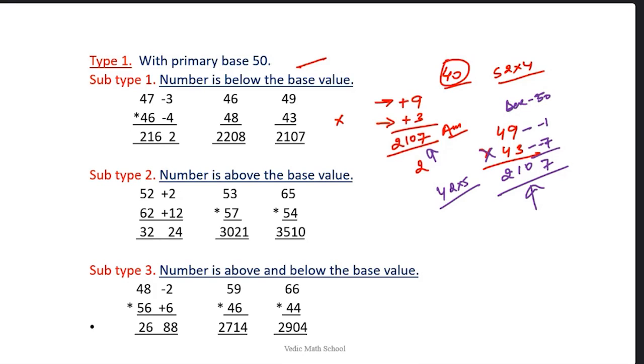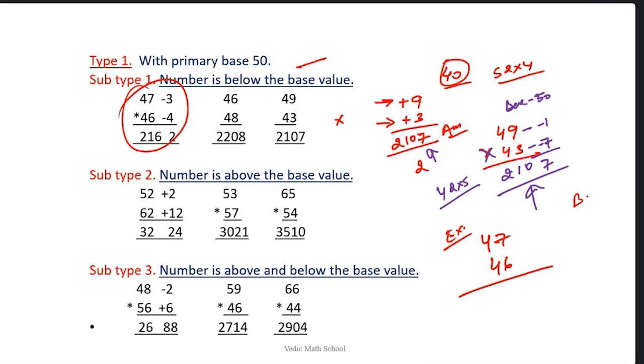Now, right now, when I started, I discussed 9 into 7. So you may be thinking, sir, it's a short number and how can we do it? It's very easy. Now look at this. We are doing the same method with a bigger number. Now look at how big this number is. I'm going to multiply 47 into 46.